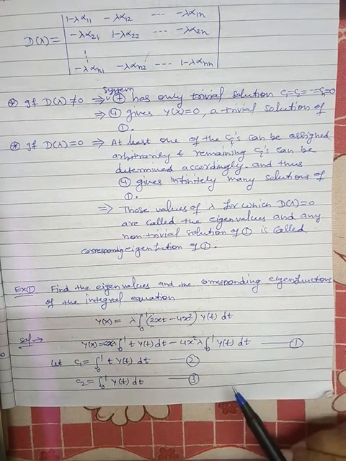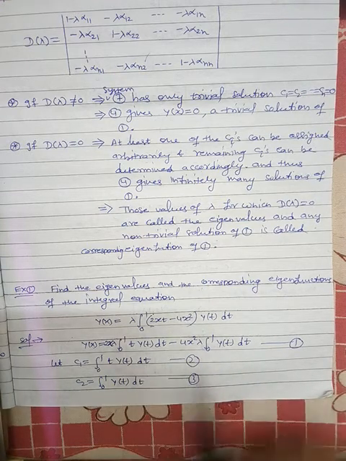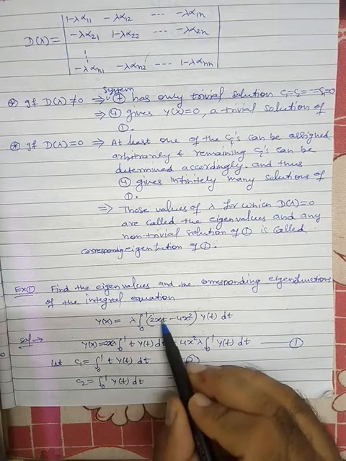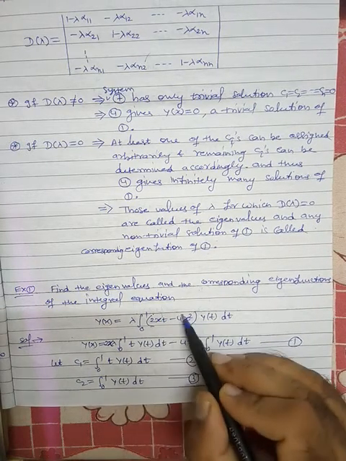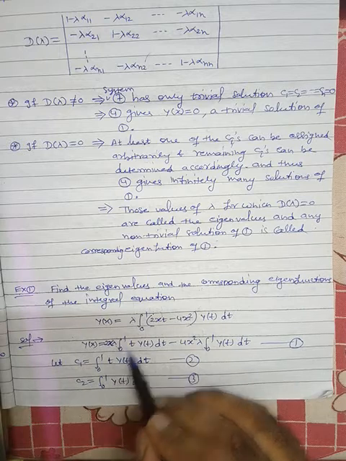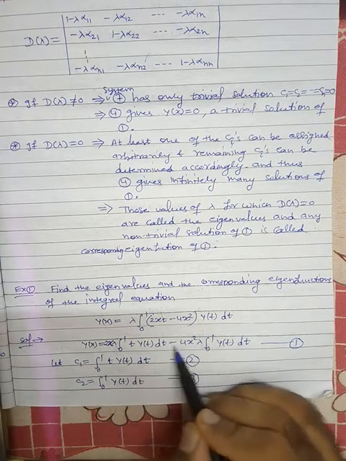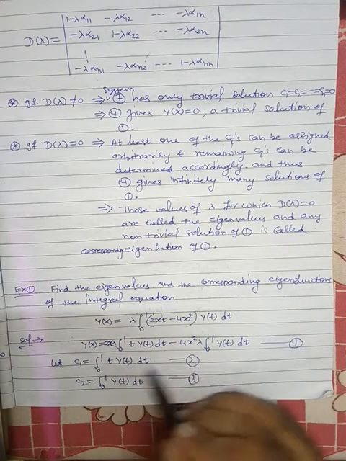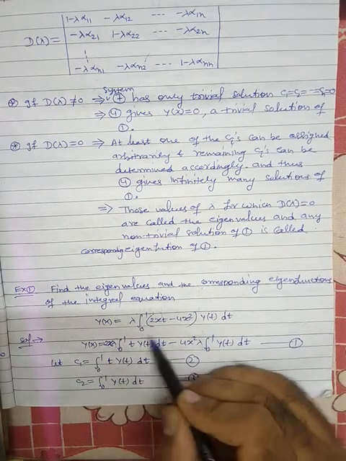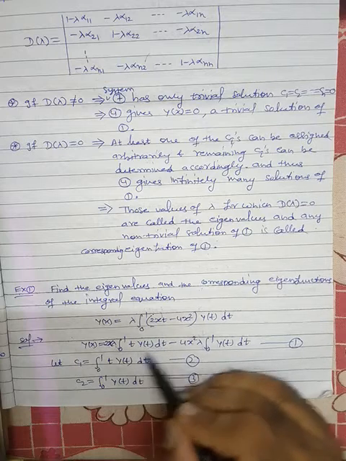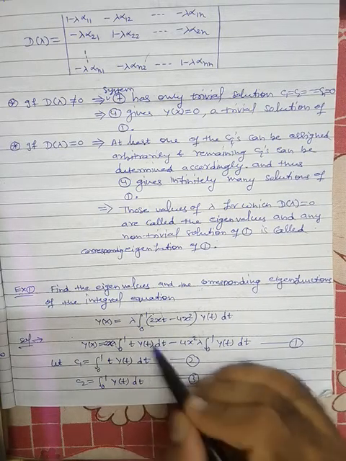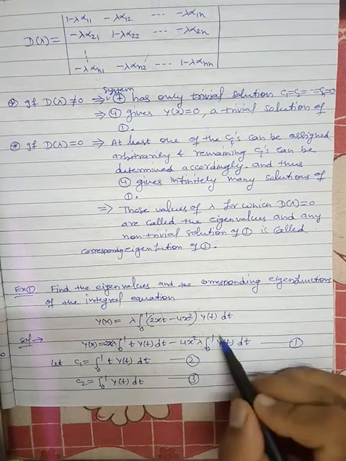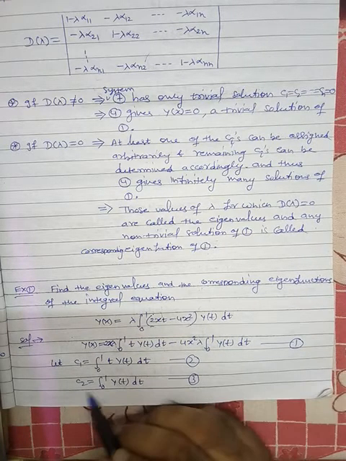So this is y(t) dt. Now to solve this equation, basically what we will do is separate terms. The first term is this, the second term is this. So we get 2x lambda integral 0 to 1 t y(t) dt minus 4x square lambda integral 0 to 1 y(t) dt. We call this type of integral, where we have only terms having t as a variable, c1, and this integral is denoted by c2.